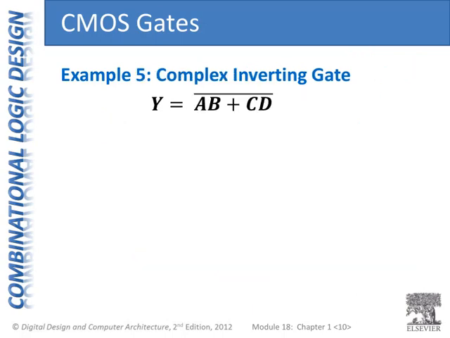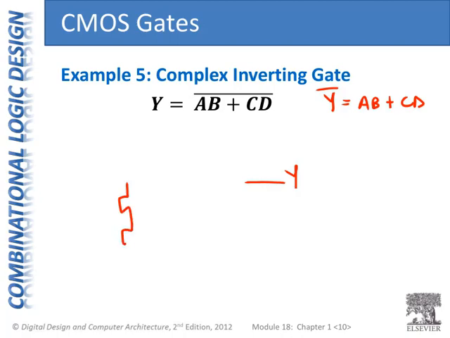All right, so let's do some more complex inverting gates. So here we have Y equals A and B or C and D. So if it helps, you can invert both sides and get Y bar equals AB or CD. So we want Y to be false when A and B are true, or C and D is true. So Y bar to be true, in other words, Y to be false when